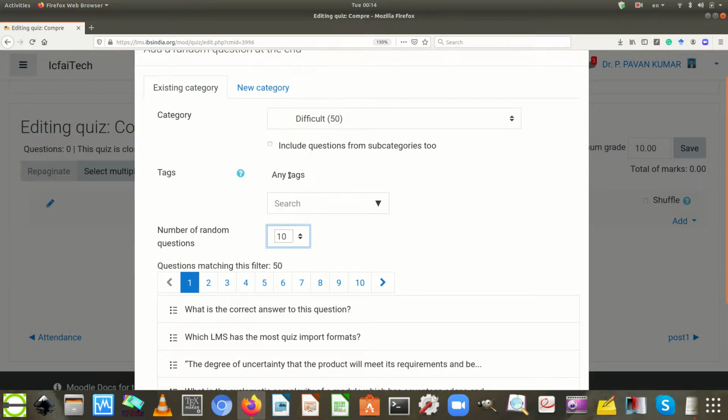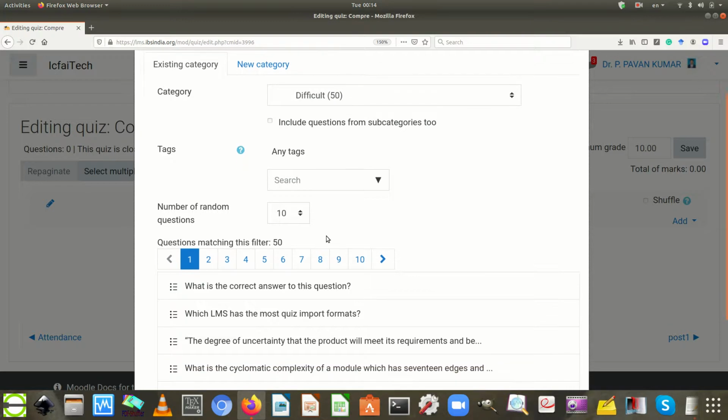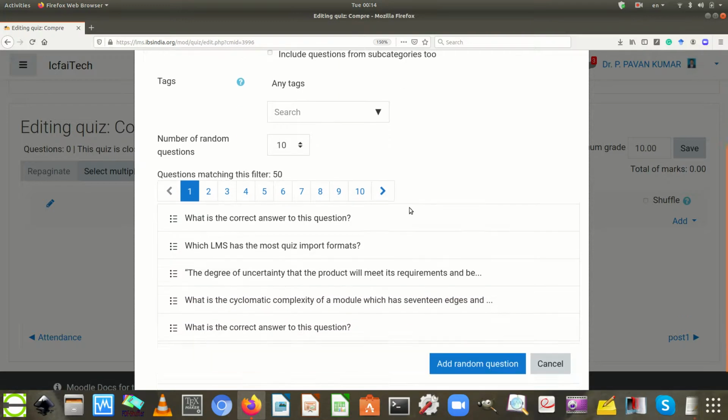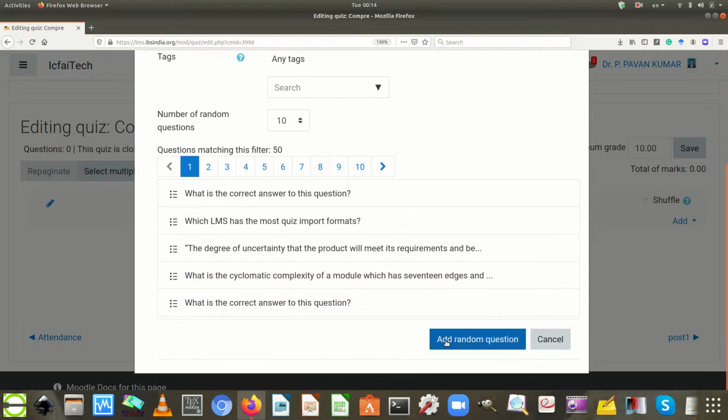Here the appropriate number of questions is 10. So here 10 random questions are picked from a category called difficult. The category difficult consists of 50 questions, so out of 50, 10 random questions will be added in the quiz component. Then the user has to go to the add random question button and select it.